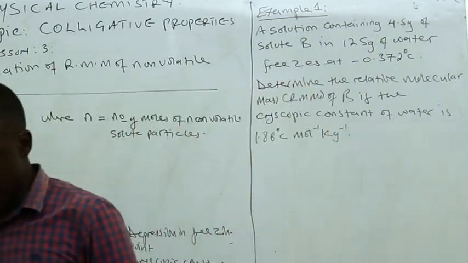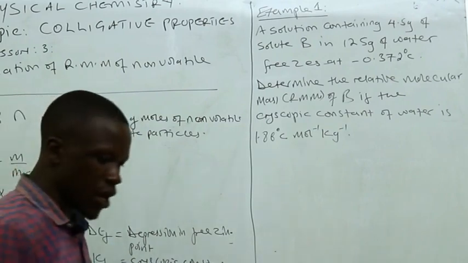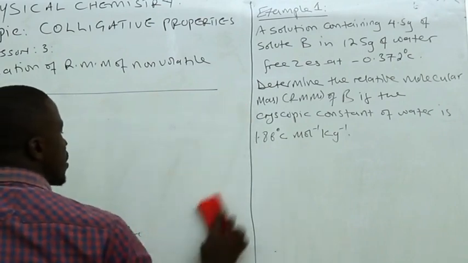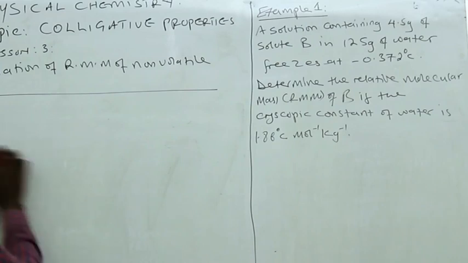Per mole per kilogram. So we have a question like that. It's giving us a lot of information, and we are supposed to use that information to calculate the relative molecular mass of that non-volatile solute B,